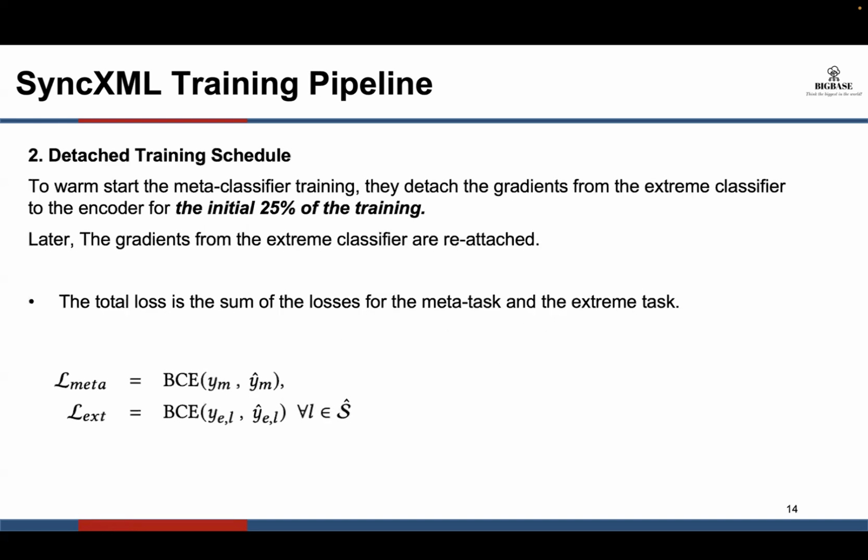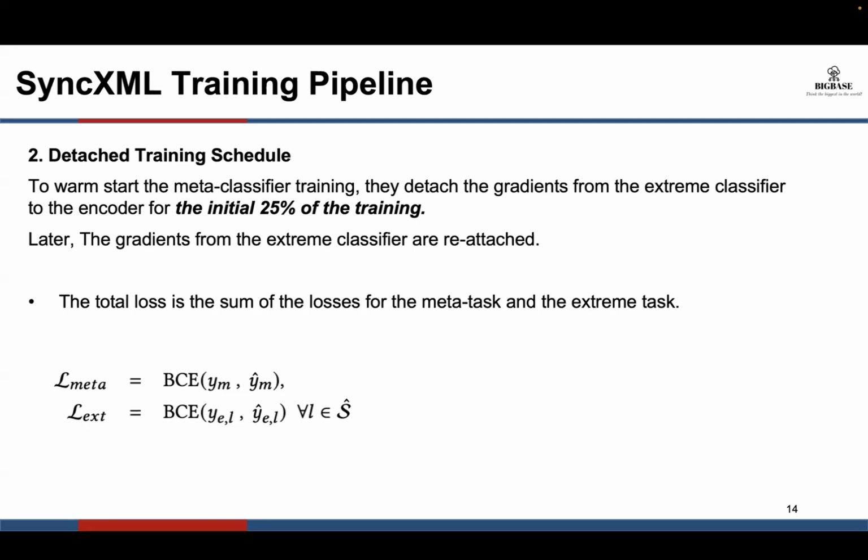And also they perform detaching. To warm start the meta classifier training, they detach the gradients from the extreme classifier to the encoder for the initial 25% of the training, meaning the extreme classifier's outputs don't influence the encoder's parameters. Then the gradients from the extreme classifier are reattached, meaning that now the extreme classifier can also influence the encoder's parameters